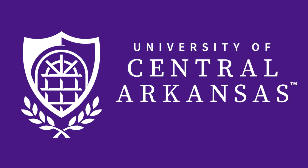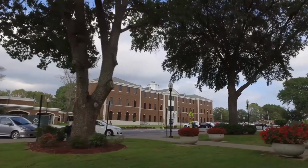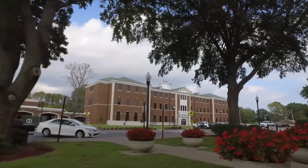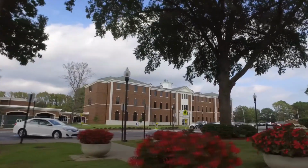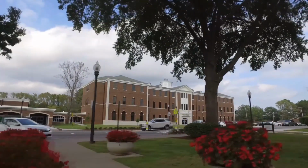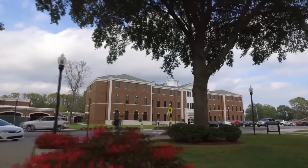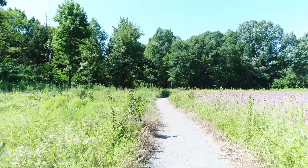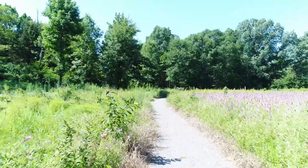As faculty and staff at the University of Central Arkansas, we are responsible for making sure we do not contribute to the pollution of stormwater runoff on campus. We are asking for your help in protecting our waterways by spotting and reporting illegal dumping and illicit discharges. Without people like you paying attention and reporting what you see, our streams, rivers, lakes, and the wildlife they support